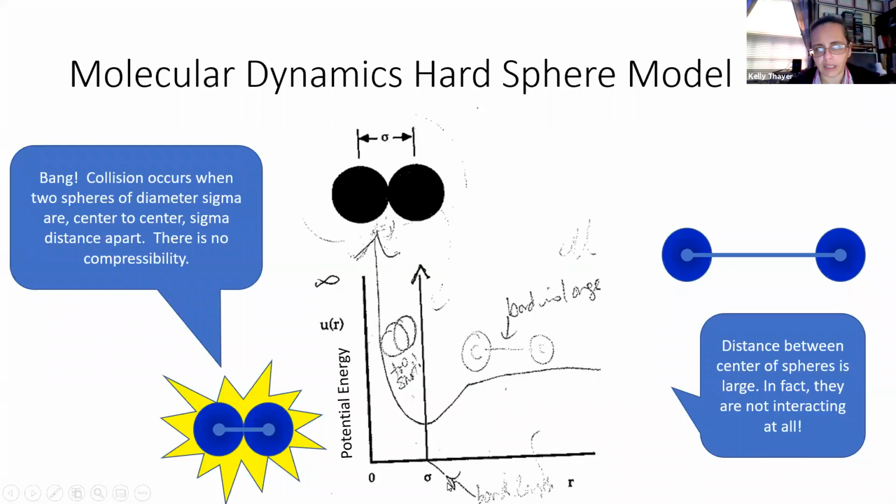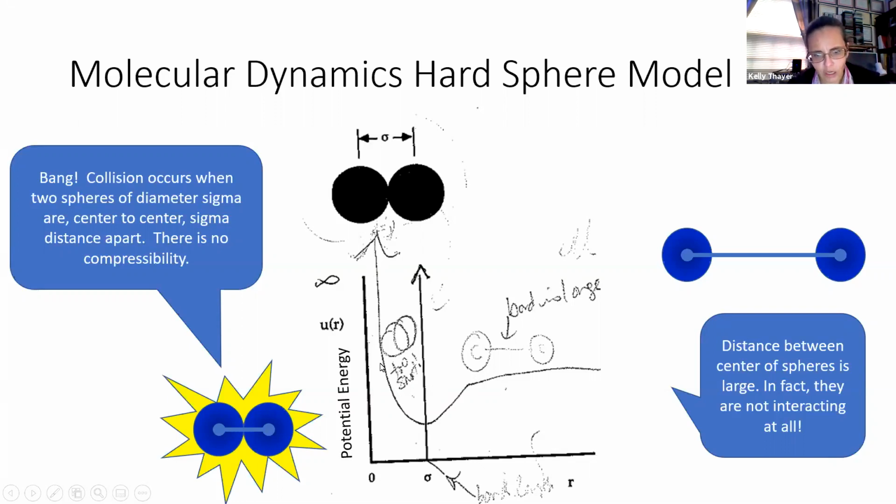So what we will get is that right at this point, this sigma, when the two centers of these spheres are 1 sigma or 1 bond length away, this interesting thing occurs. This is where the potential energy is going to go up to infinity, because as they begin to overlap, well, that doesn't usually work so well for solid objects. They do not like to be in the same place. And so the potential energy goes straight up